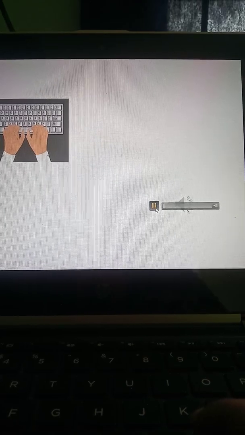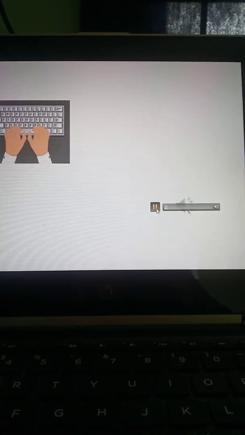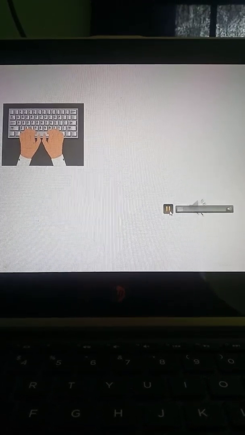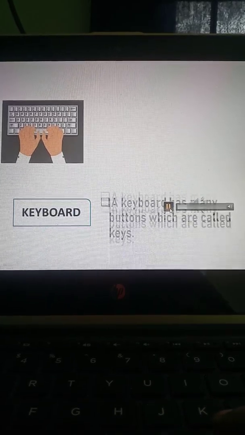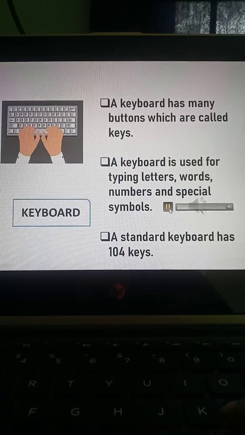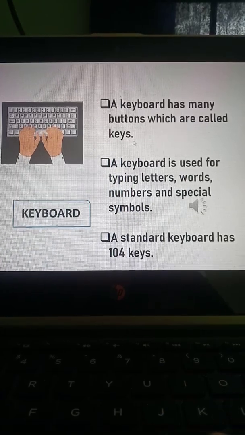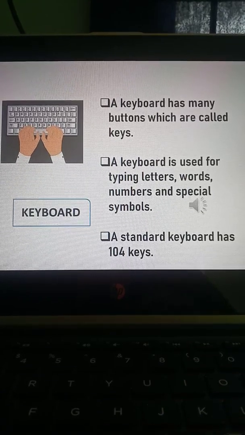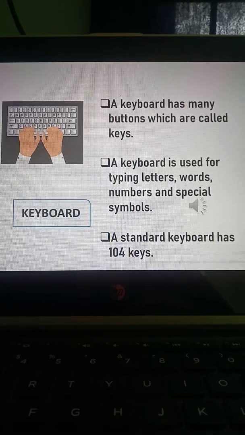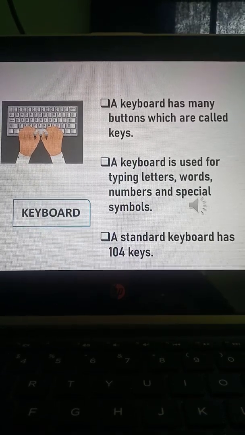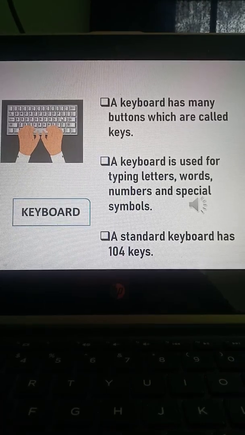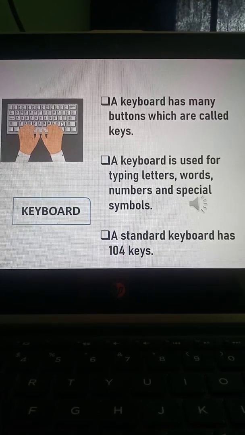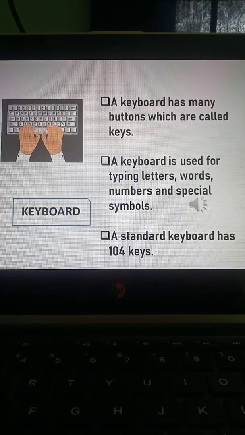So children, the next part of the computer is the keyboard. What is this? This is the keyboard. The keyboard has many buttons present on it, which are called keys. What do we call them? Keys. And there are 104 keys present on the keyboard, which are alphabets, numbers, symbols, everything.